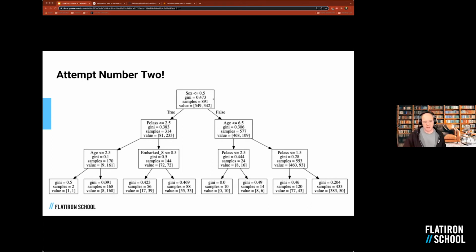So we have everything that gets split off here, and now what this diagram is telling us is, okay, I went through all the different things and got the best, the most pure split at passenger class less than 2.5. So basically, class 1 and 2 are over here, class 3 is here. So if the passenger class was less than that,